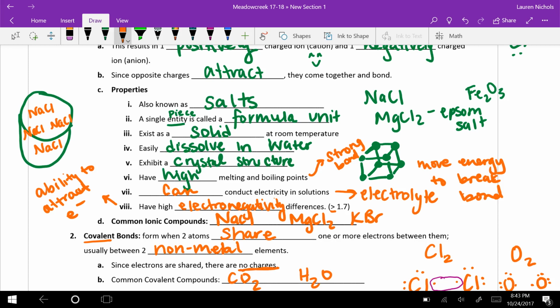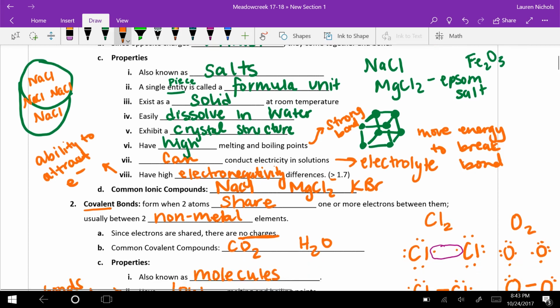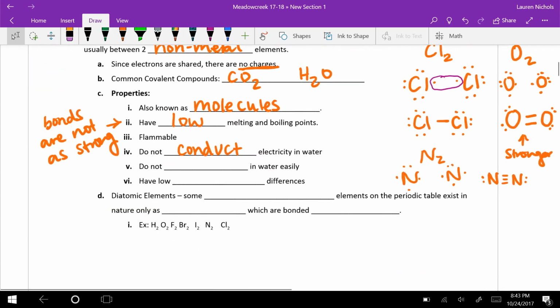So when Gatorade markets as having a lot of electrolytes in it, it's because if athletes want to move faster or do things, they're going to need to have enough electrolytes in their body so their brain can send messages to the rest of the body. And so if they're not conducting electricity, they're also not going to dissolve as easily in water, and they're going to have low electronegativity